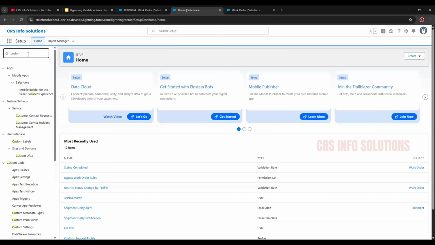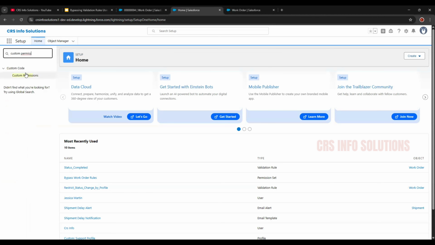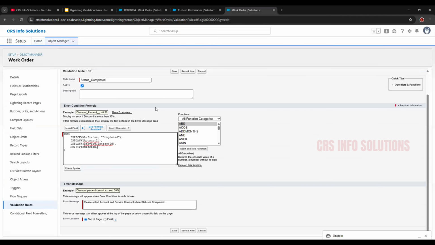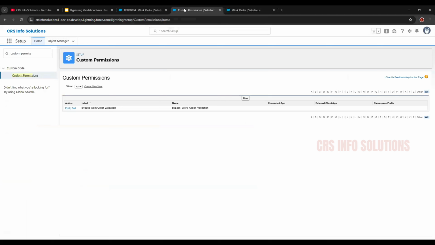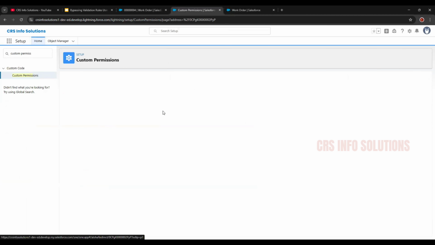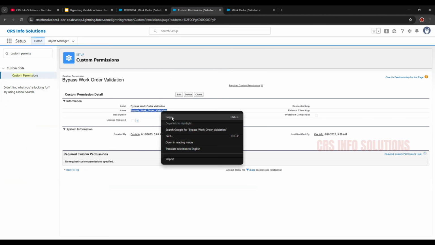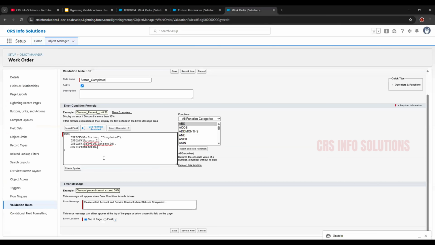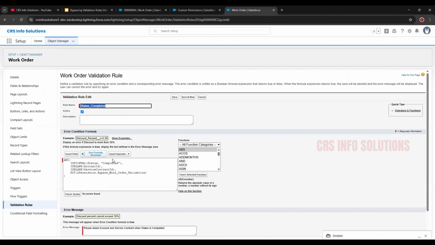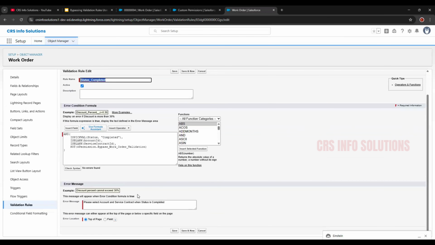Actually, the name of the custom permission, I'm sorry. So we need to use the API name, which is this one. I'll copy this and paste it into our validation rule. We will check this for any errors. Okay, no errors found, so looks good. Let's go ahead and save this.